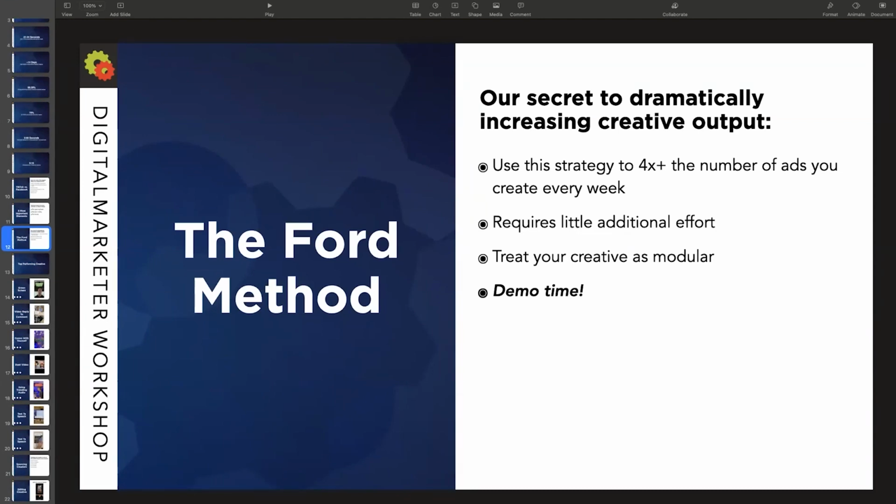So all you need to do then, if you have 4 core ads, is sit here or anywhere you want, nice background, whatever, and shoot 4 quick videos, 1-2 sentences. There's your hook. Now you can combine each one of those hooks with each one of those ads. And so you have 4 hooks, 4 ads. That makes 16 total combinations. So you have 16 unique pieces of ad creative to test that week.